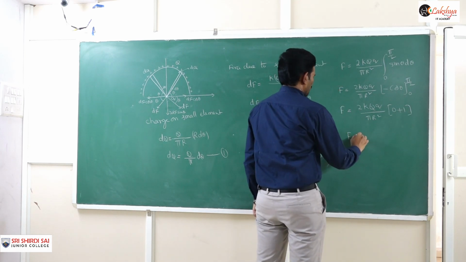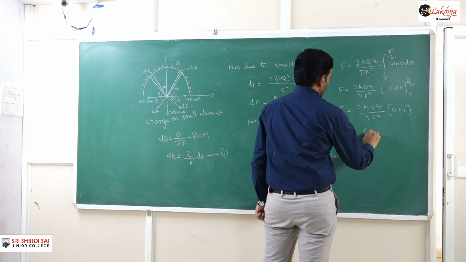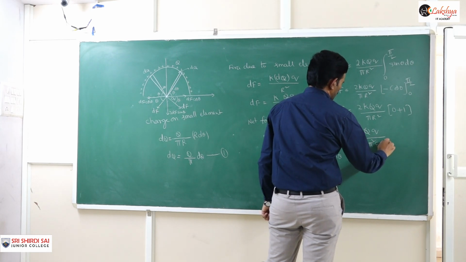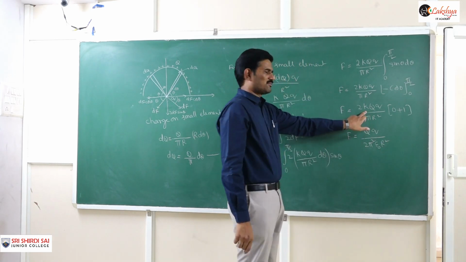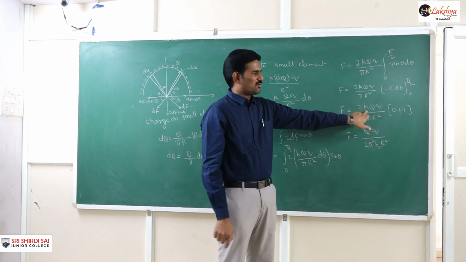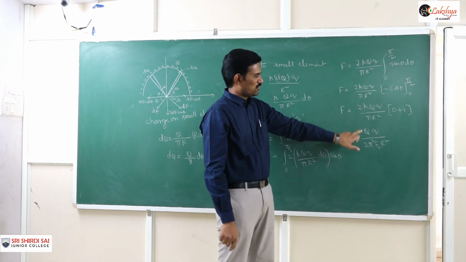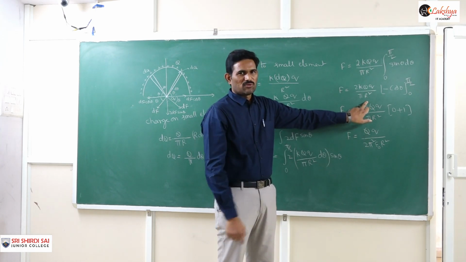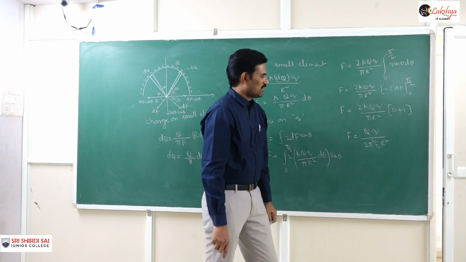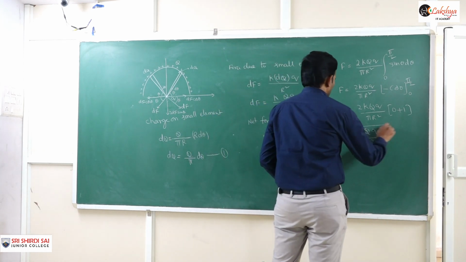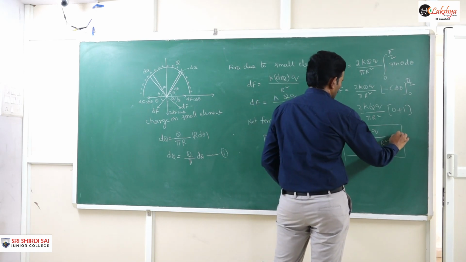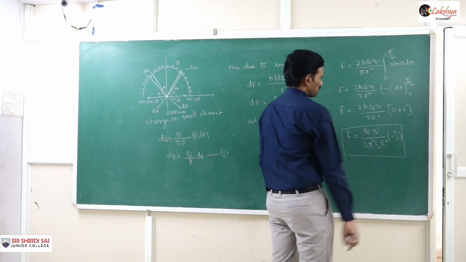And so finally we can write this as q by 2 pi square epsilon naught into r square. That means I am substituting the k value. K is 1 by 4 pi epsilon naught, and so this 2 will be cancelled in that 4. You will get remaining 2. And here already pi is there, so in this also you will get one more pi, so that pi square here. So then that is our force here. And if you want to express it in vector form, we can also mention its direction as minus j cap.